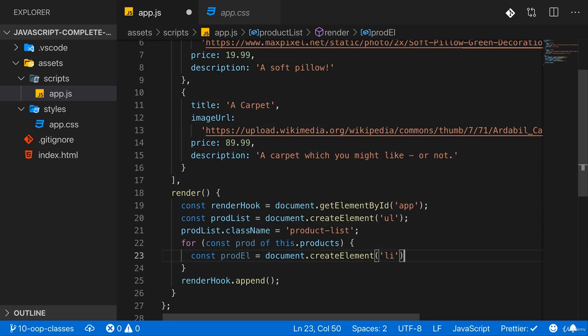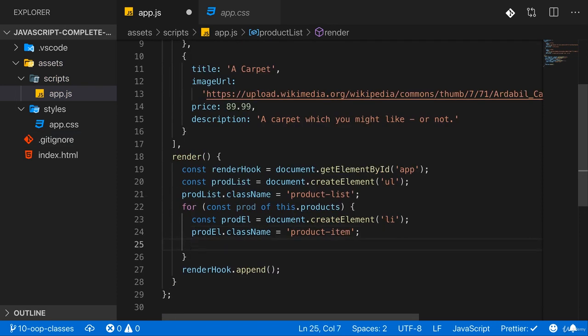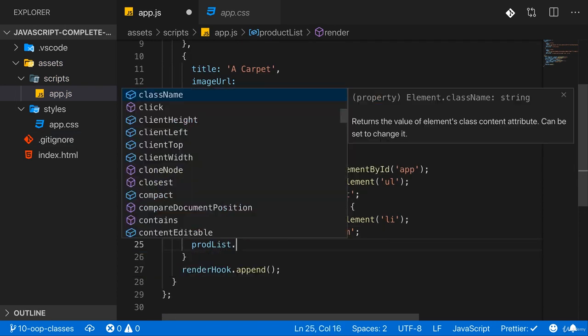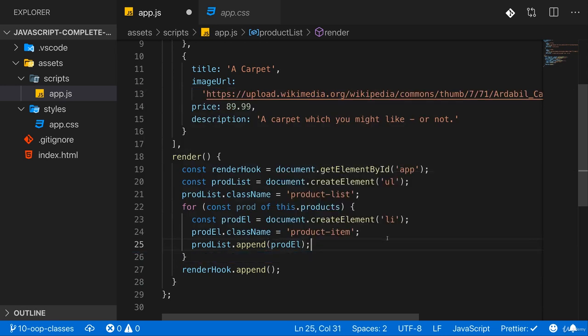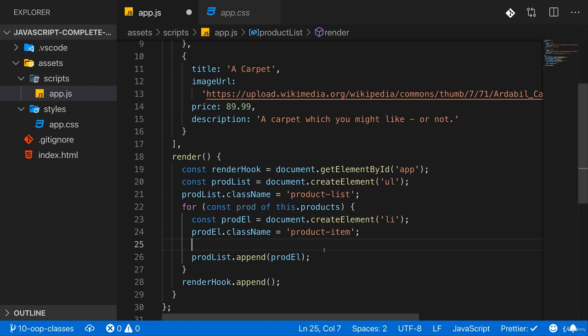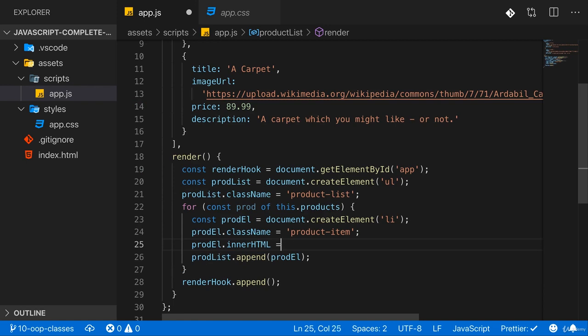Here a list item makes sense. Now on that prodEl, I also want to set a class name, and there we can set it equal to product-item, another CSS class which I predefined in app CSS. And then to prodList, I want to append my prodEl. Now this prodEl, however, this product element should of course also output some content about the product. So we can set prodEl and then maybe innerHTML to some HTML code in the end, which has